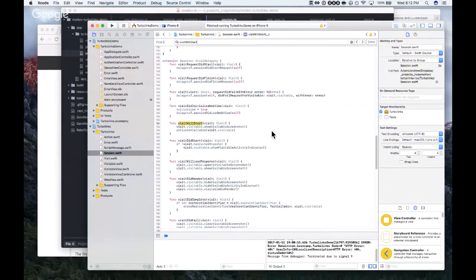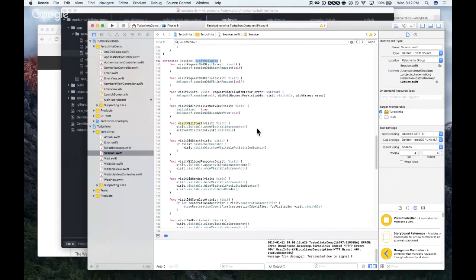Interesting. I'm not familiar with extensions. So extension is when you have protocols to implement, they'll actually extend the class, which helps to segregate the code. There are probably other reasons, but what this says is that session is actually a visit delegate, and so they create the extension, which reopens the class and adds these methods to it. It groups all those delegate methods together in a chunk so you know where they are. Sometimes they'll put them in separate files as well.